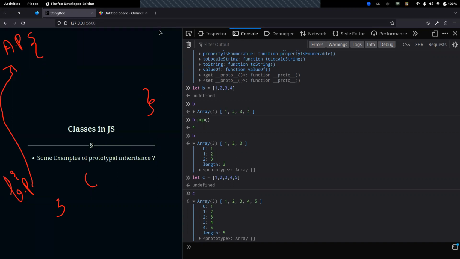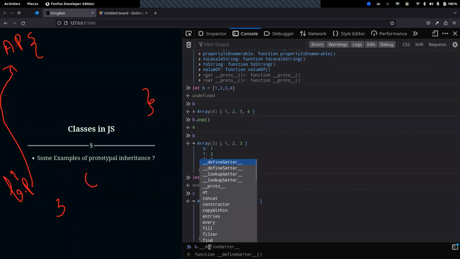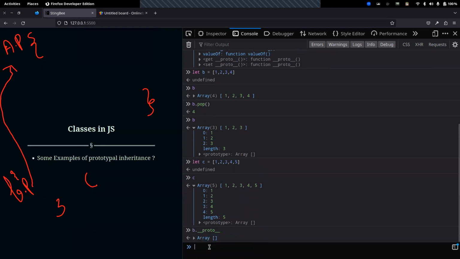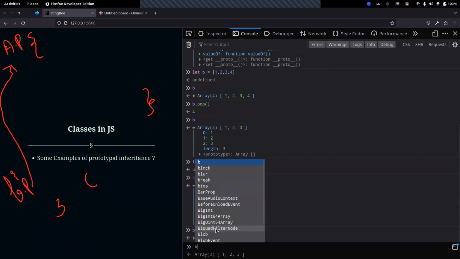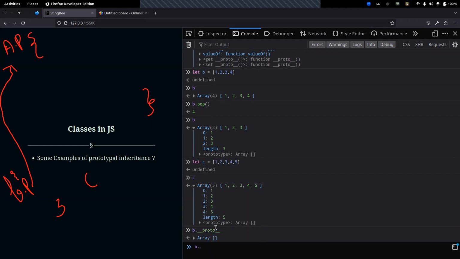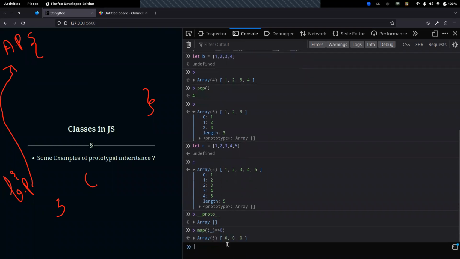We'll change something in the prototype of B. We can access B's prototype using __proto__. And this is the prototype of B. As we all know, there is something called map. B has a function called map. And what does map do? Map creates new arrays from the existing one, just like that. But what if we go and change this function map